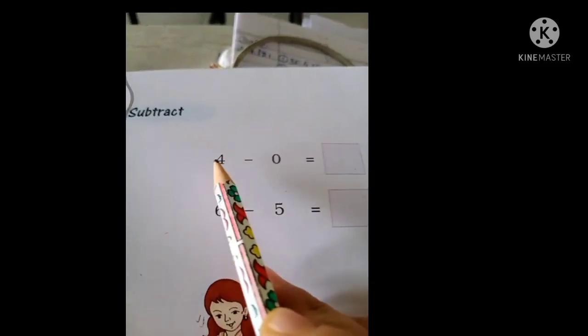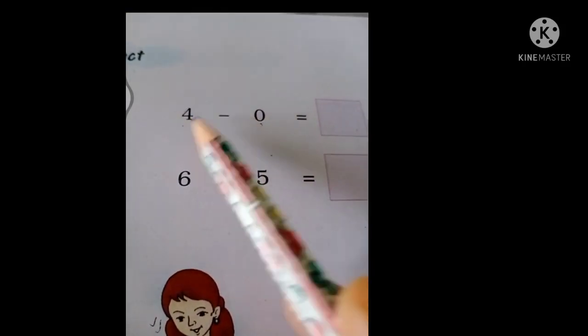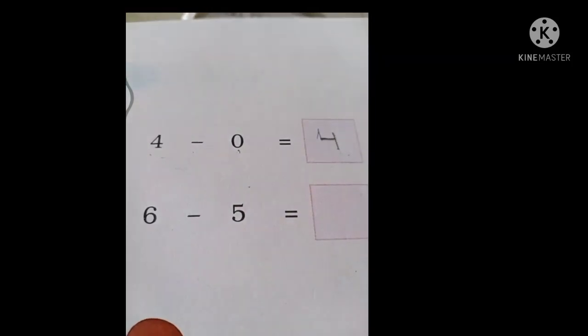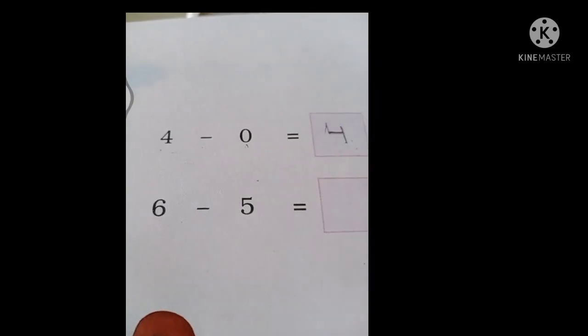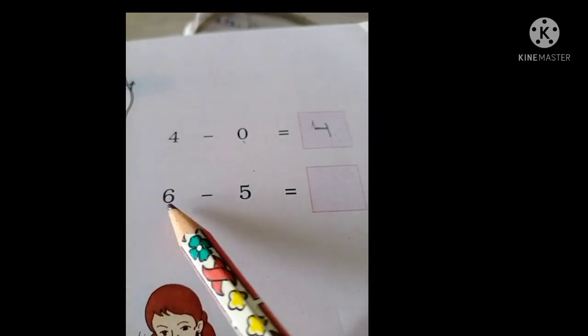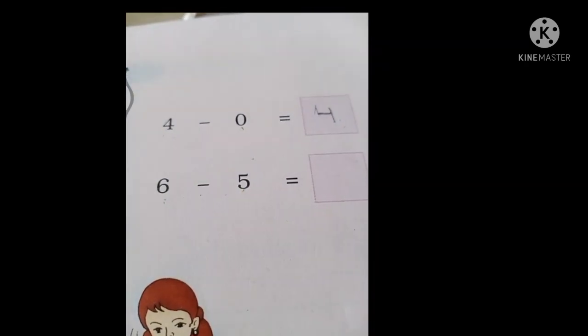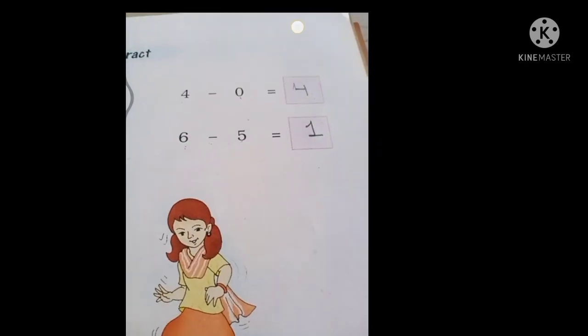Here also we are having 4 minus 0. 4 minus 0 means, students, if we are subtracting 0 from any number we always get that number as the answer, है ना. 4 minus 0 यानी 4 में से 0 means हमें कुछ भी subtract, कुछ भी कट नहीं करेंगे, तो जो नंबर है as it is आंसर में हमें मिलेगा. Right? Next is 6 minus 5. So students, 6 minus 5 we get answer 1.